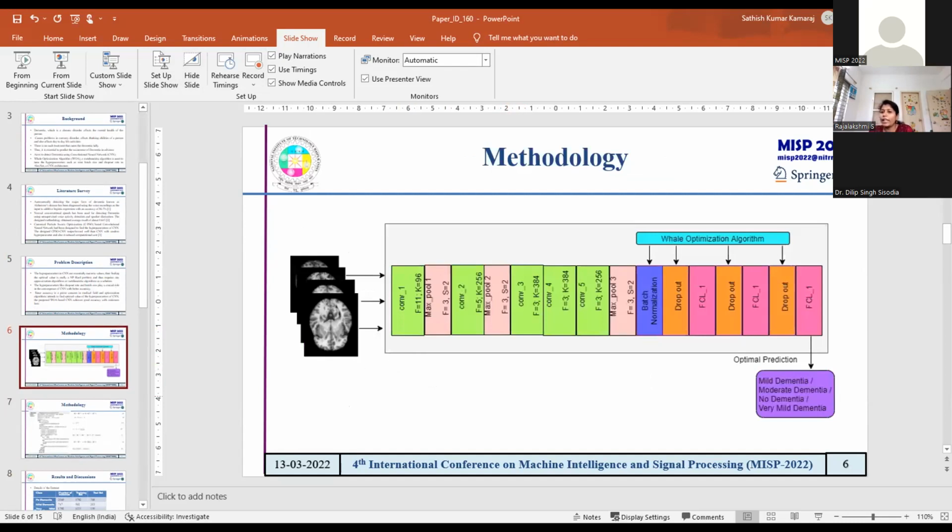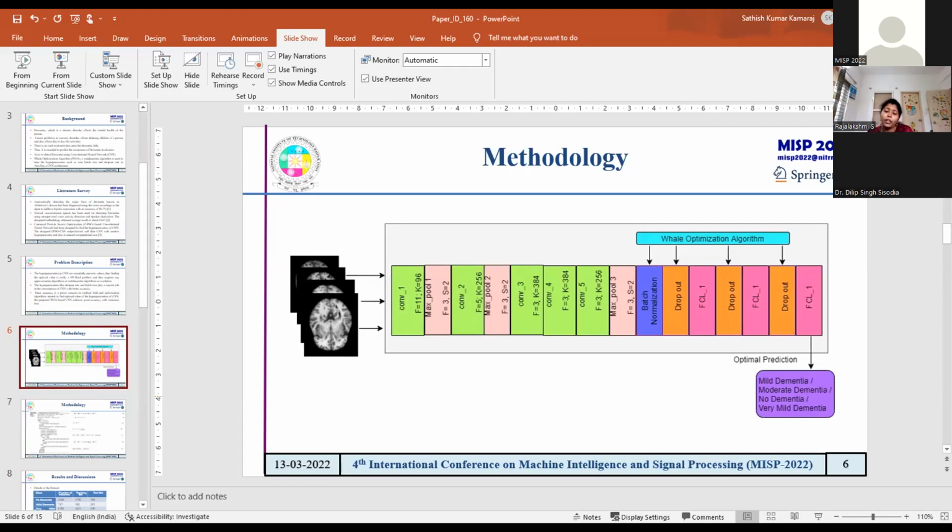So this is the schematic architecture of the proposed system, where we have used the AlexNet architecture. In this, we have 8 layers, out of which 5 layers are convolutional layers and 3 layers are fully connected layers. The hyperparameters play a prominent role in the convergence of AlexNet. There are many hyperparameters, including filter size, values of the filters, weights in the fully connected layer, dropout rate, and mini batch size.